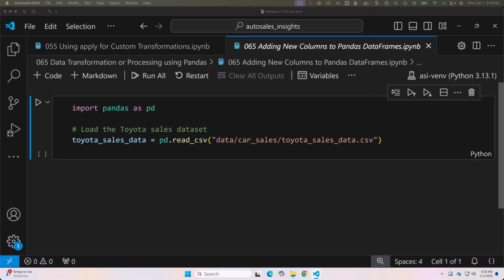First of all, let us understand why we need to add new columns. Adding new columns is essential for: 1. Creating derived metrics that help uncover insights such as commission amount or profit margin. 2. Preparing data for visualization or advanced analysis. 3. Simplifying repetitive calculations by storing intermediate results in new columns. For example, in our Toyota sales dataset, we can calculate commission amount or flag high value sales to make the